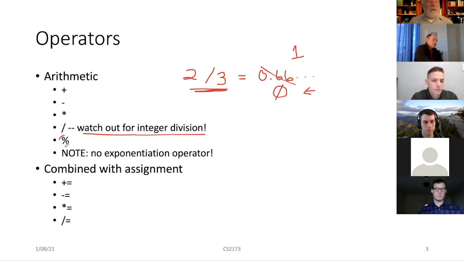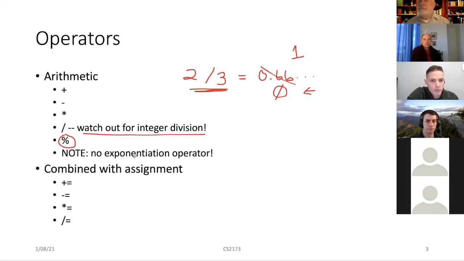Are you familiar with this operator, the percent? If we do integer division, will it always round down? Yes. Well, it doesn't round, it truncates. What it does is it finds the lowest integer; yes, it always truncates.